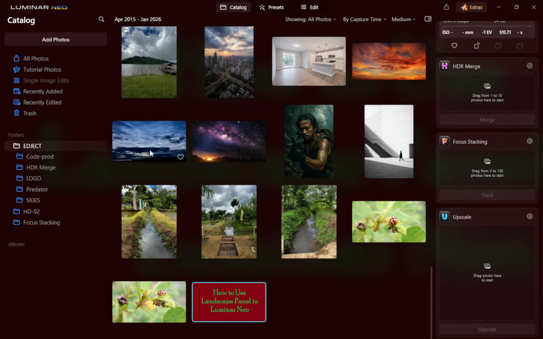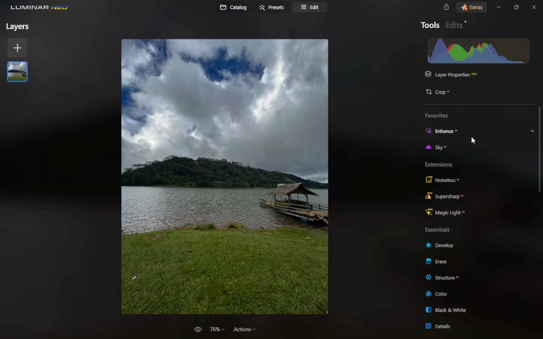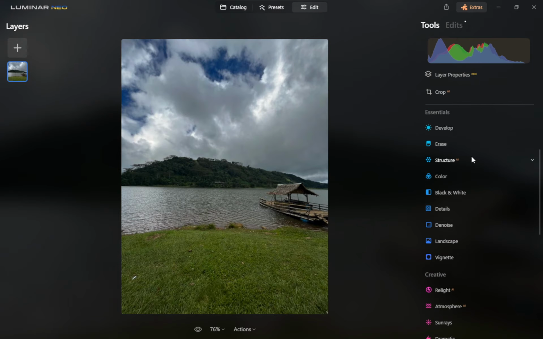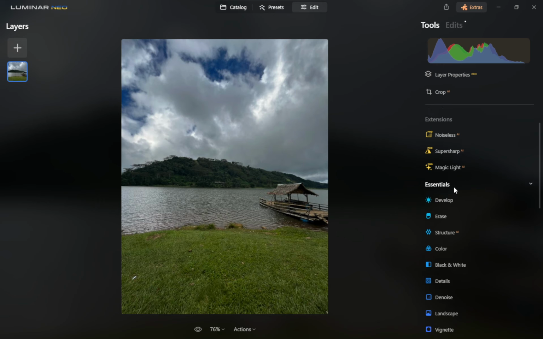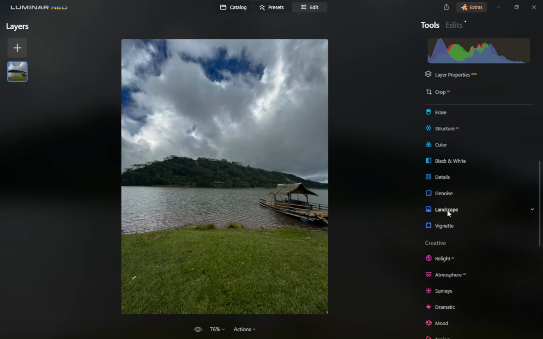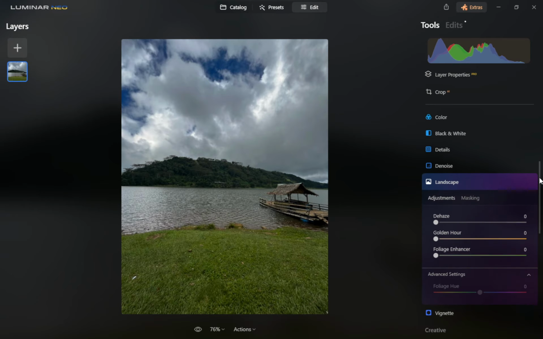Start by opening your photo in Luminar Neo and switching to the Edit module. On the right-hand side, you'll see the Tools panel. Scroll down until you find Landscape under Essential Tools. If you don't see it right away, double-check that you're in the main Edit toolbar and not browsing presets or the catalog. Once the panel is open, you'll find a handful of intuitive sliders that are easy to use and